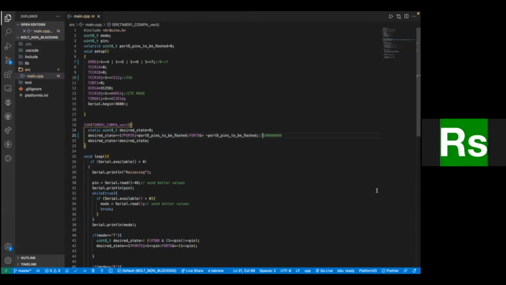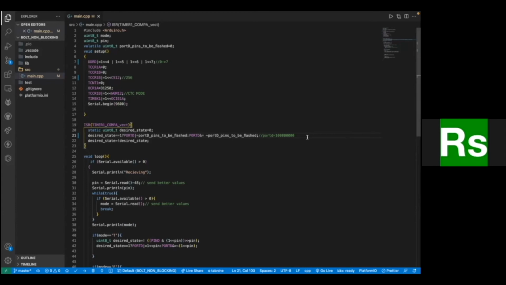So what I'll do is, let's say this is the value of PORTD, and now I want to turn off this bit.